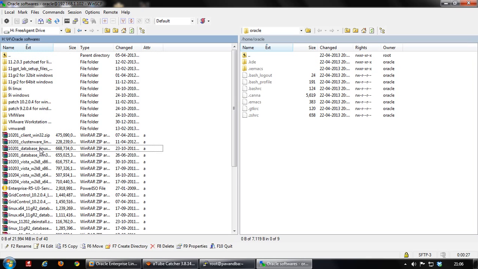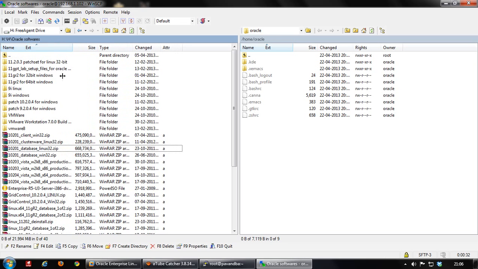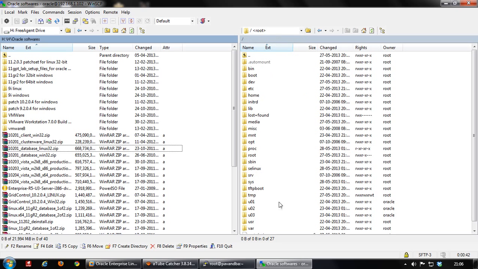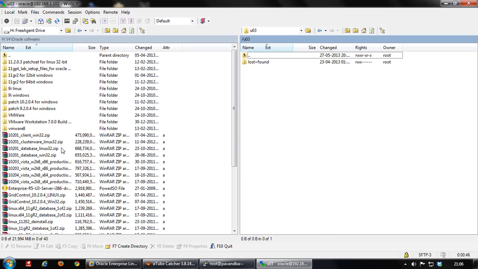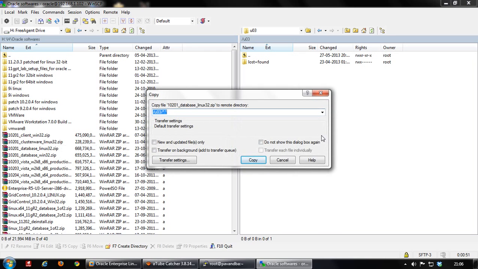So this is my software which I am pointing to. You can see here it is 10.2.01 database Linux 32.zip, and where I want to copy. So I'm just going to root file system, and I have U03 here. I'm just selecting that U03 and dragging and dropping that file. When you use WinSCP, this is the advantage you have. You can just drag and drop the files either from Windows to Linux or Linux to Windows, so the transfer